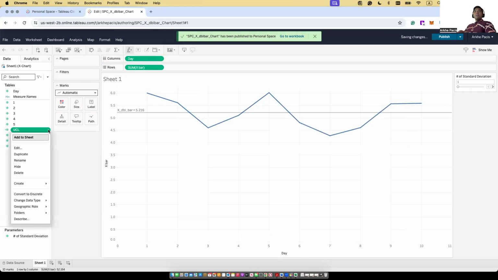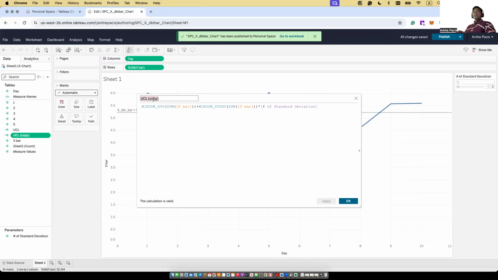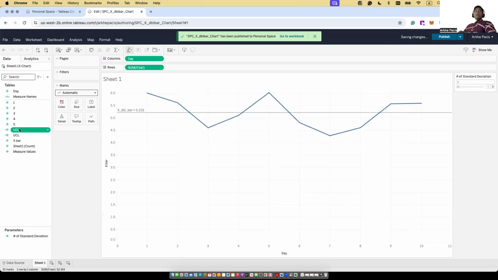Again, we'll do the same thing: duplicate, and then we edit this to make it our lower control limit. Instead of plus, we say minus. Then okay. After that, select both the upper control limit and lower control limit and drag and drop them